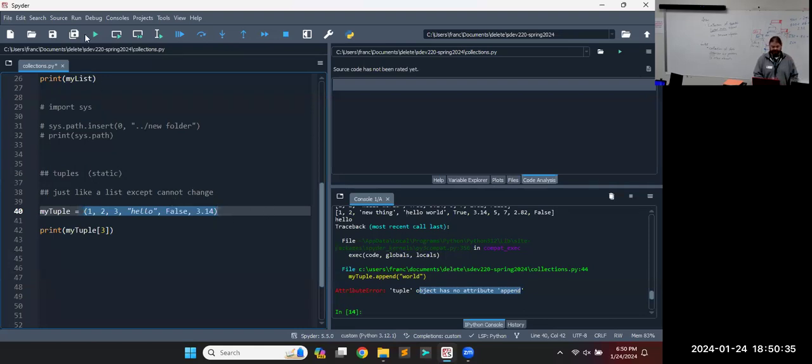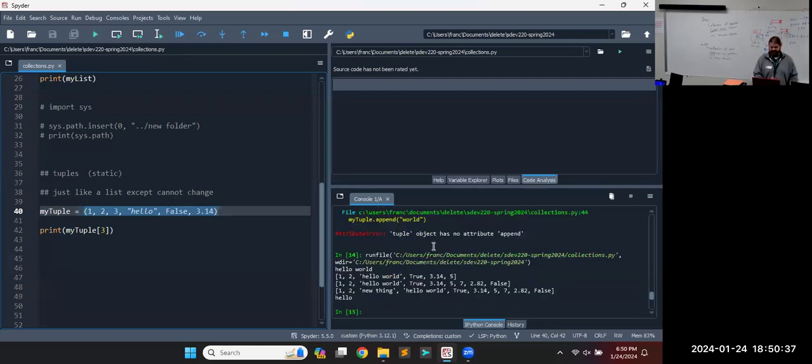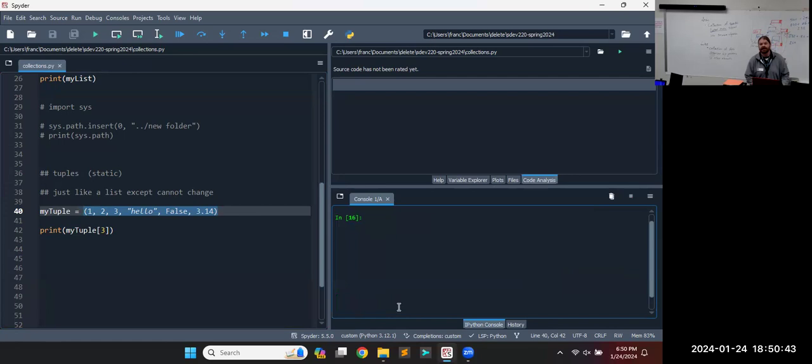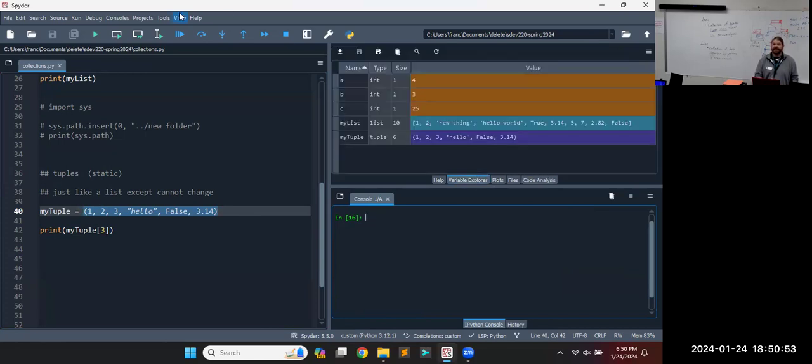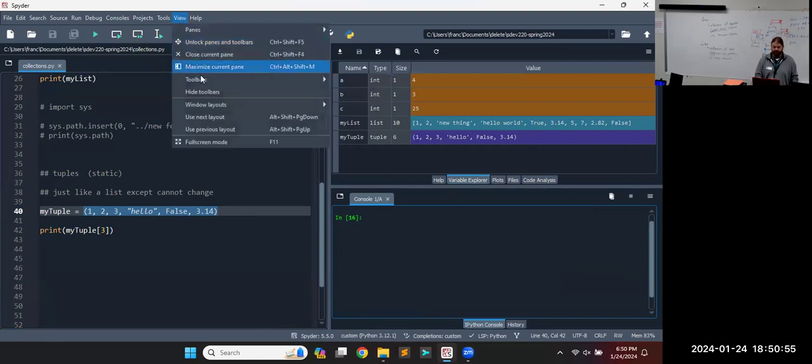We haven't looked at variables yet. Let me run this again in a way that doesn't crash. There we go. If you're using Spyder or any IPython console, Control L is clear. That comes from IPython. See this tab here, Variable Explorer? If you don't see that under View,